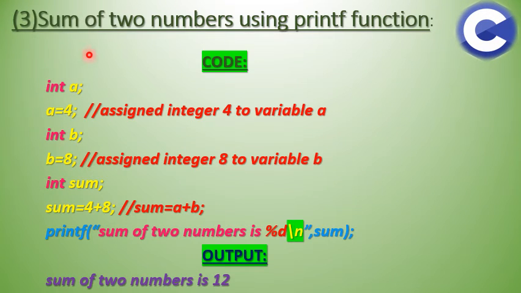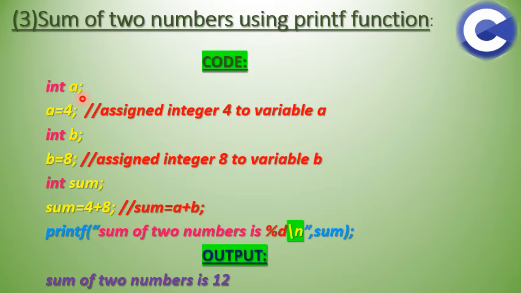Now here is one more example, and I am taking you forward in your programming language. This is, you can say, one of the most important examples for your journey in the C programming language. This is the sum of two numbers using the printf function. Now you are going to sum two numbers, and you will do that using your printf function. The code is like this: int a semicolon. That means you have declared a variable named a, whose data type is int. That means this variable a will be storing data of integer type.